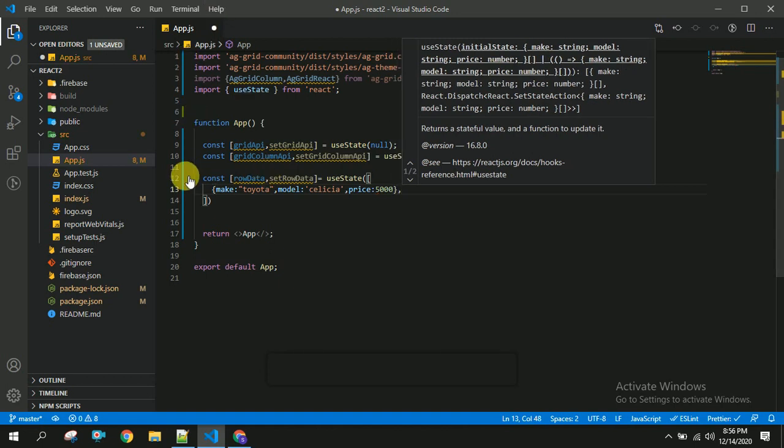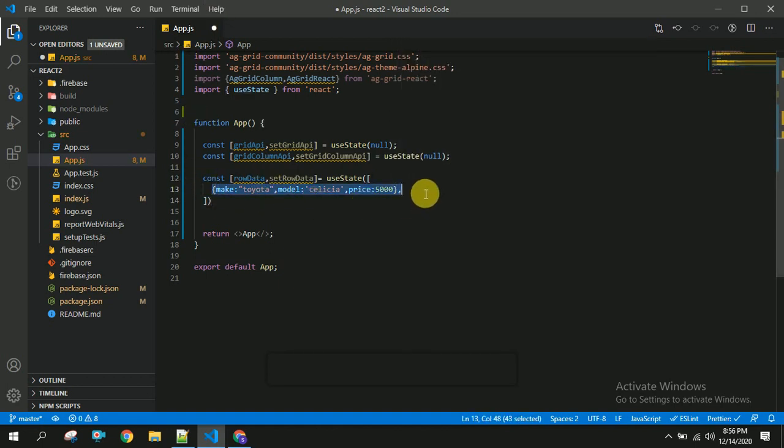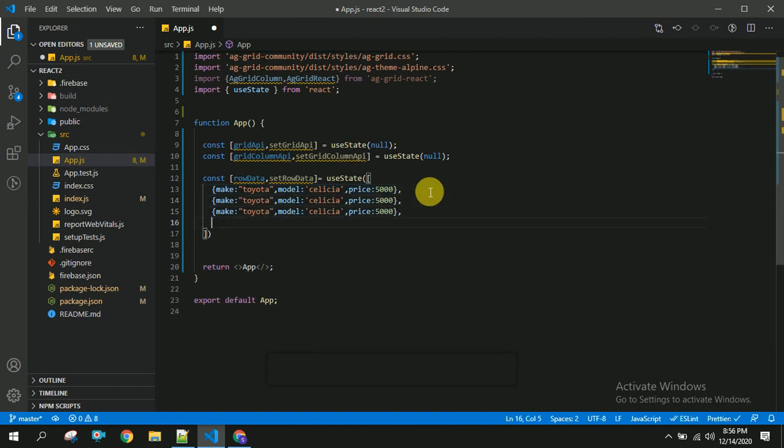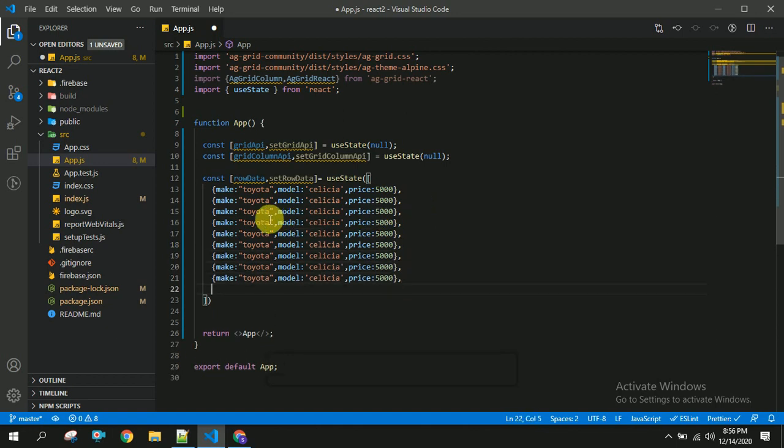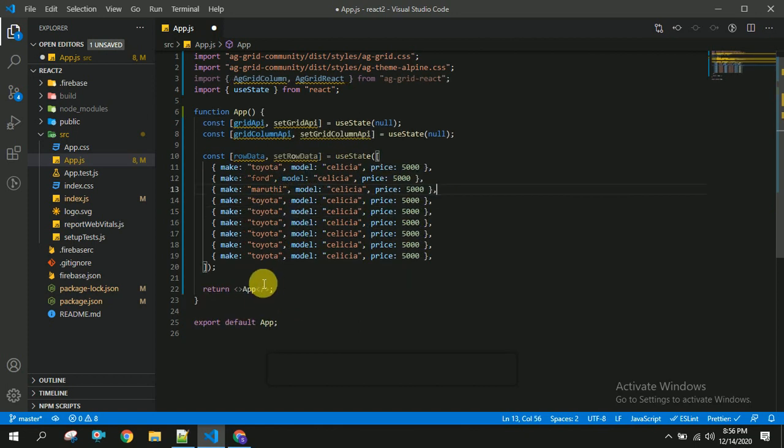So I am going to copy this and paste here. I am going to change only some things, and I am going to save this. Once this is done, I am going to this return statement.